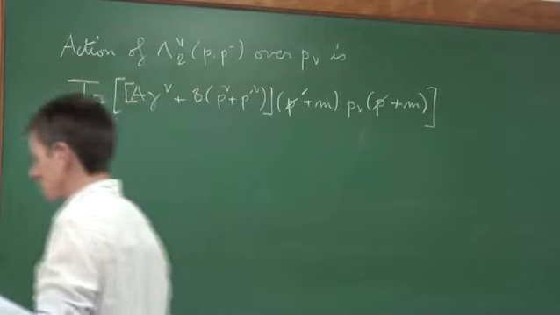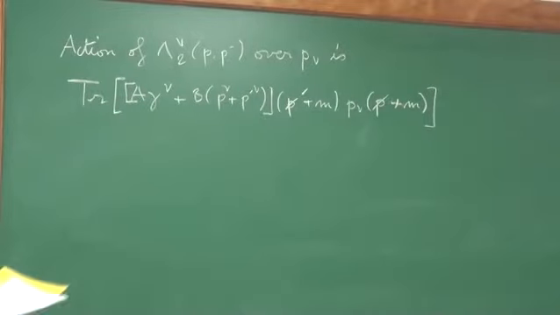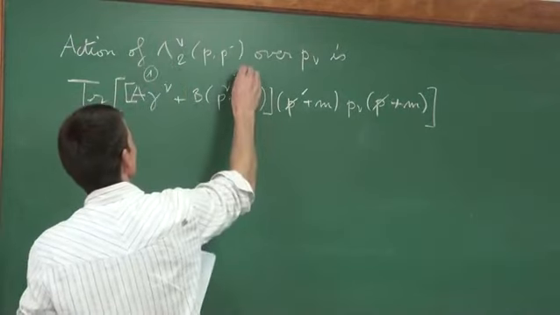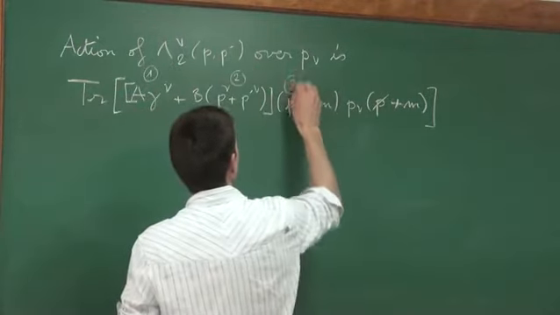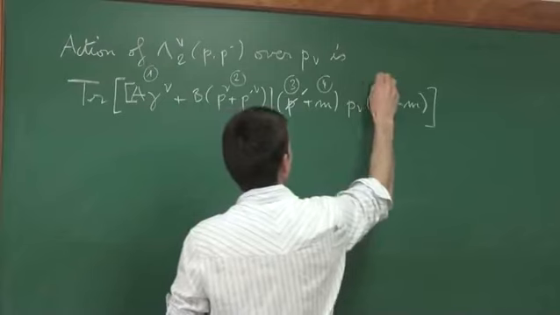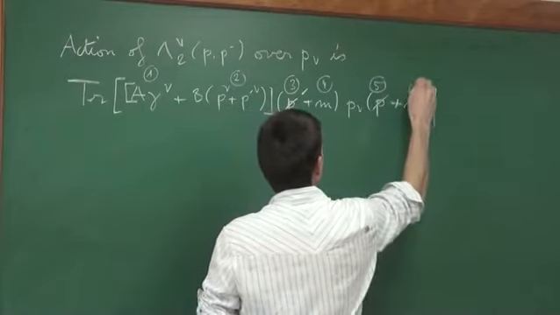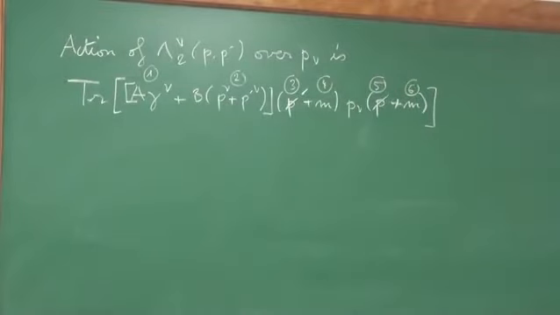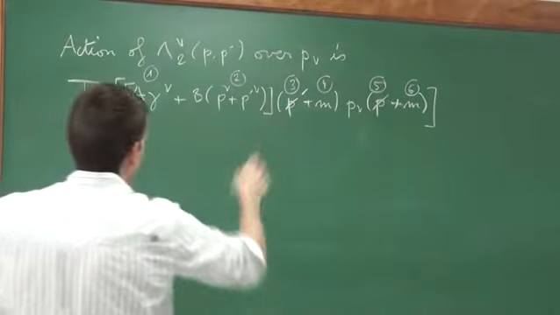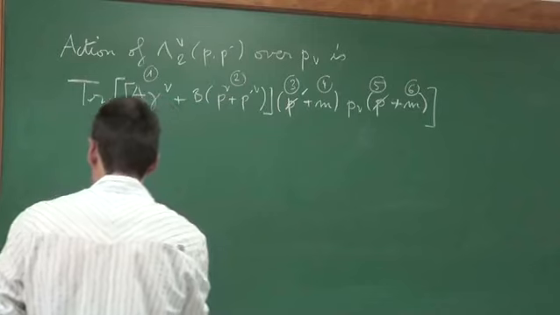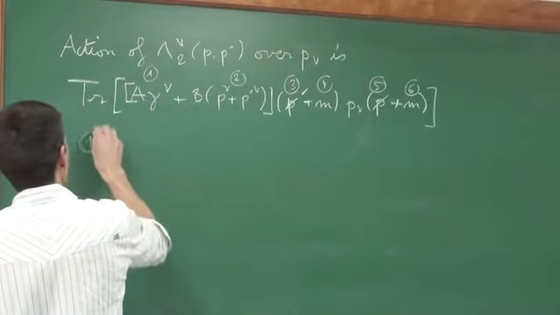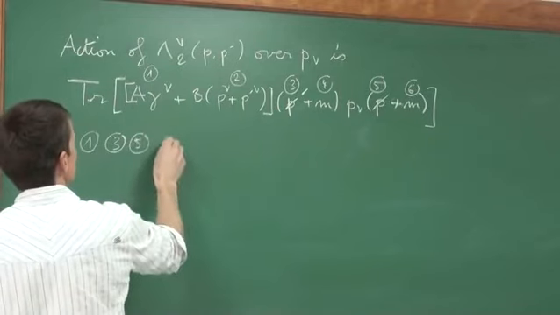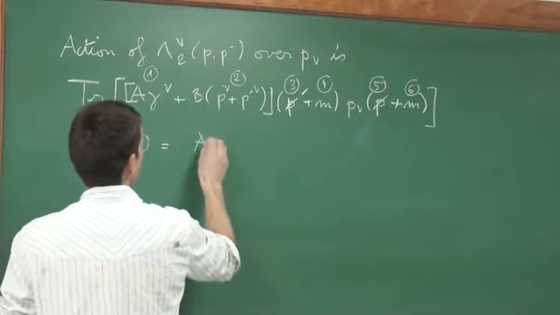Okay, so once more, it's nice to put numbers above: 1, 2, 3, 4, 5, 6. There are 8 terms, and you can compute them, for instance, 1, 3, 5 equal 8 trace